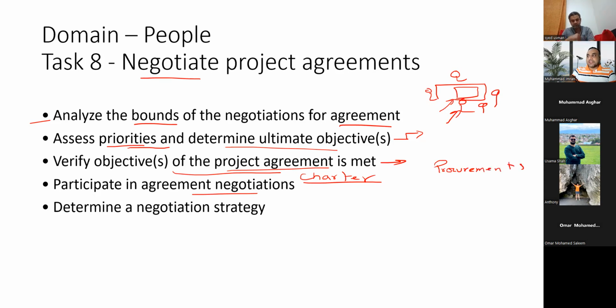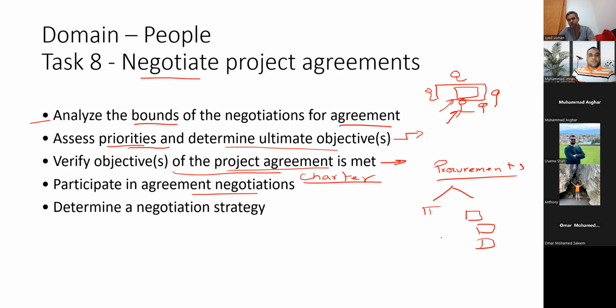And when we are discussing, we have to participate in agreement negotiations also, because procurement guys sometimes are not technical, so they need your support. For example, let me give at least one example which I saw with my own eyes. They had a project management team for a construction. They were constructing a facility, and ultimately to provide the infrastructure, they consulted IT, but they did not follow IT's advice. Ultimately, what happened? They had to go through a lot of changes.